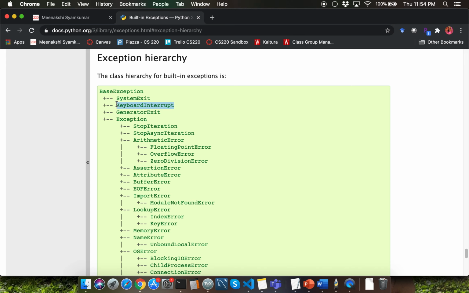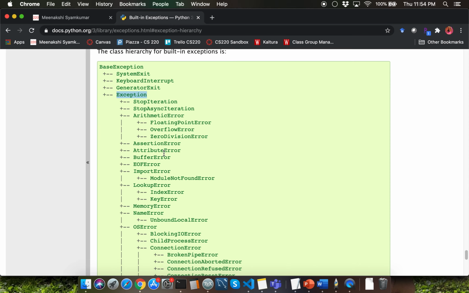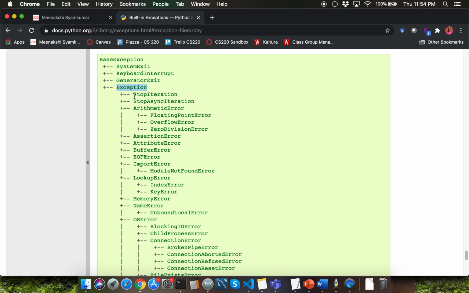Keyboard interrupt is a subtype of base exception. So when you're capturing a base exception by simply saying except colon, even keyboard interrupt will be part of that. So that's how the hierarchy works. So base exception has a few subtypes of exceptions, which include exception, and exception has many subtypes of exception, which includes assertion error, name error, and so on.